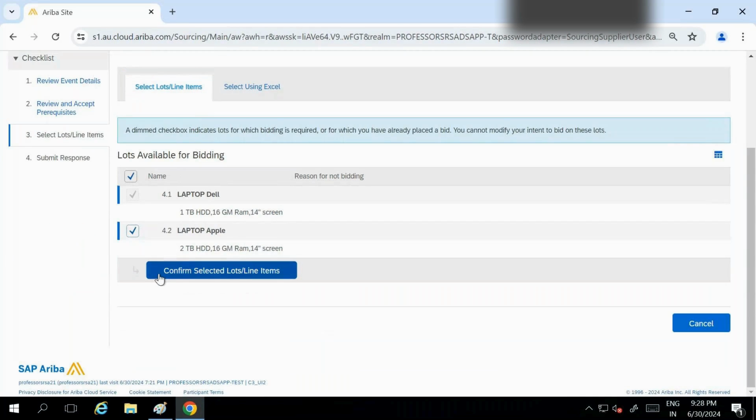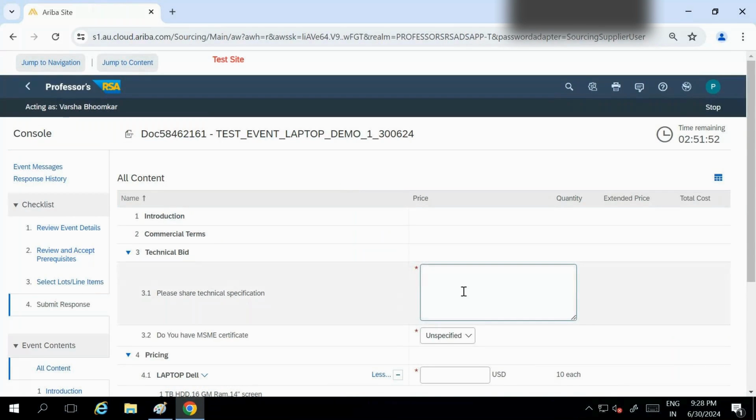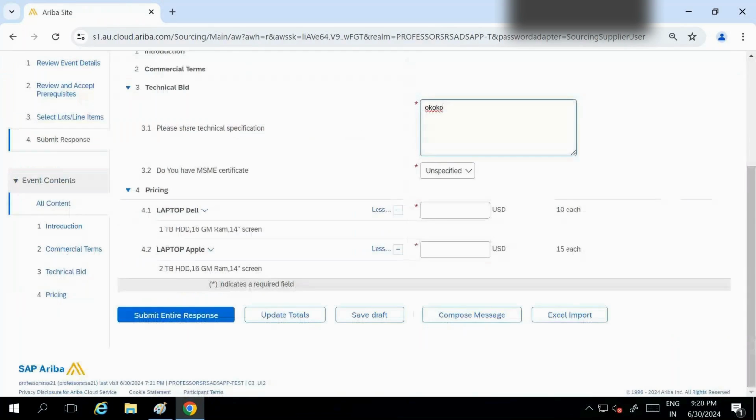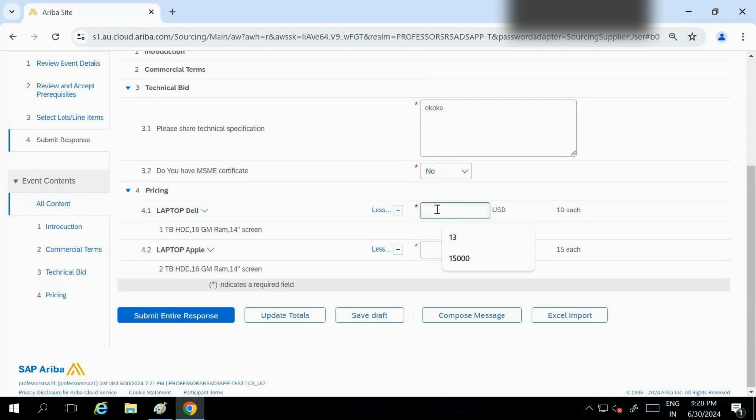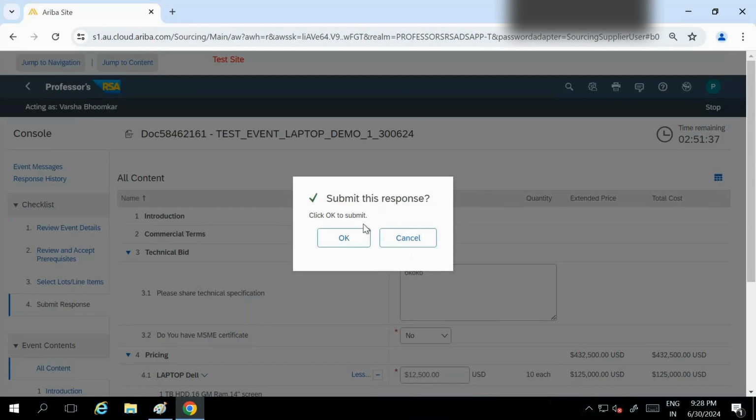Confirm selected line item. I'll put the pricing for the supplier. I'll submit. Click on OK.